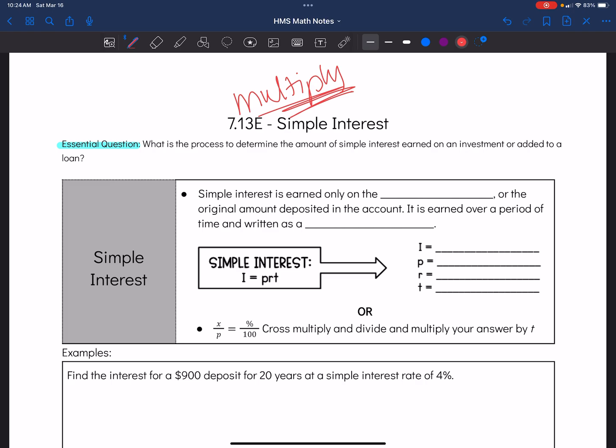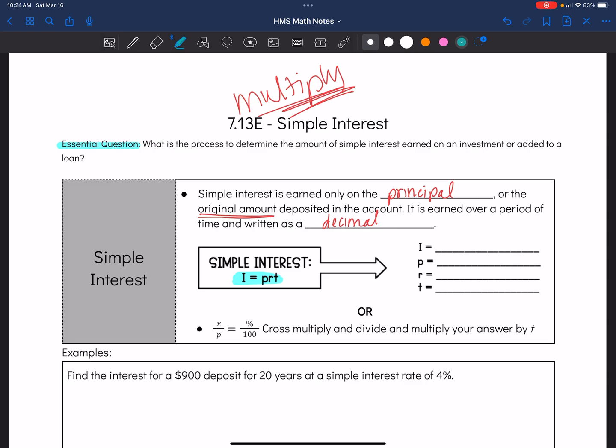Simple interest is earned only on the principal amount, which is the original amount that is deposited in the account. It is earned over a period of time and written as a decimal. Always. Okay, so our formula,